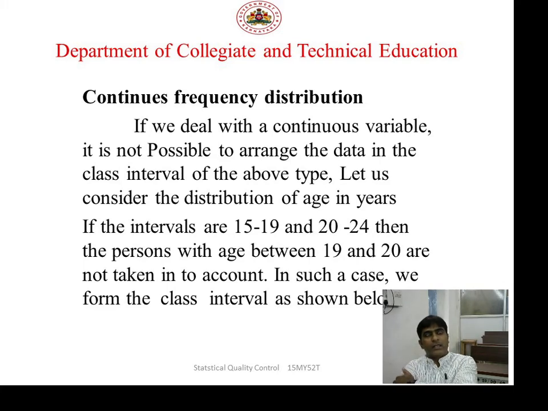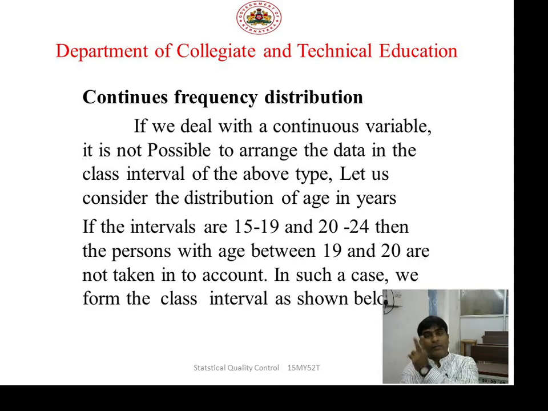So how is it so? If the intervals are 15 to 19, and the next case will be 20 to 24. Here the class width has been taken as 4. So the age group is 15 to 19, and the next is automatic because 19 is included in the upper class, so the next class should start from 20. Okay, 20 to 24. So there is a person whose age is between 19 and 20. There will be certain chances that a person is 19 years 1 month, 19 years 2 months, and so on. So like that, there is a chance that we are leaving that person out of the frequency table.